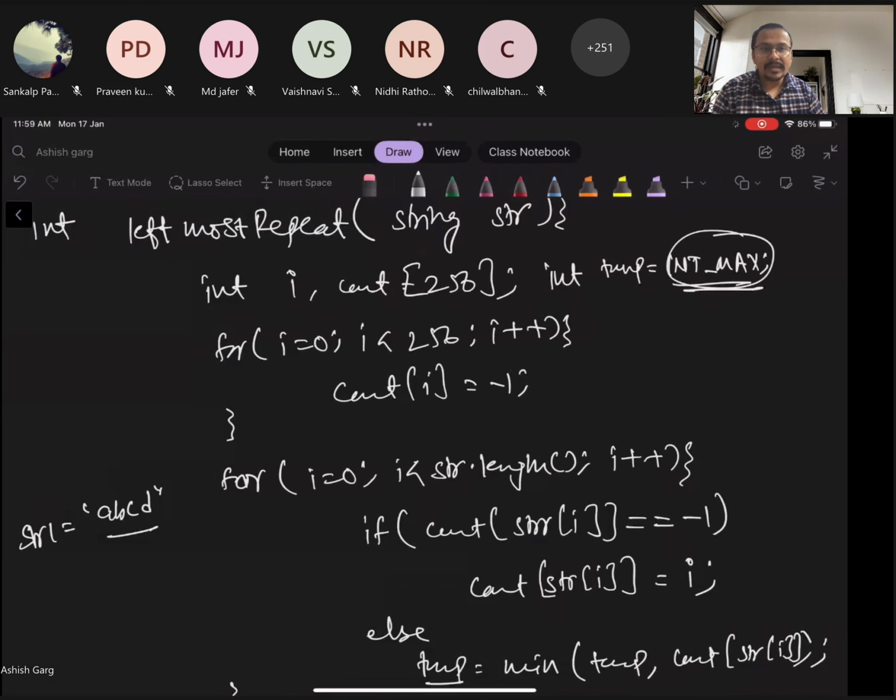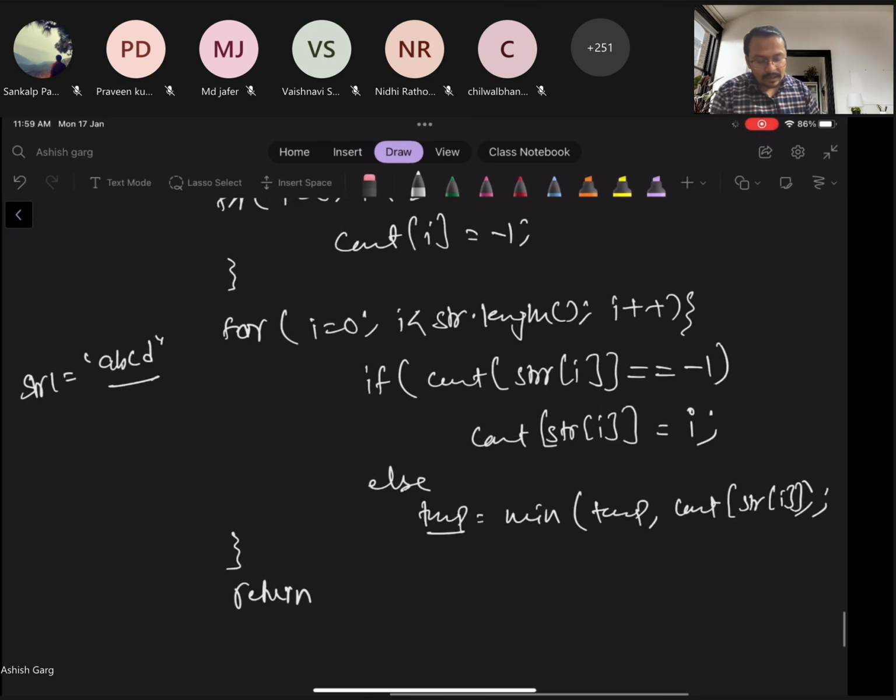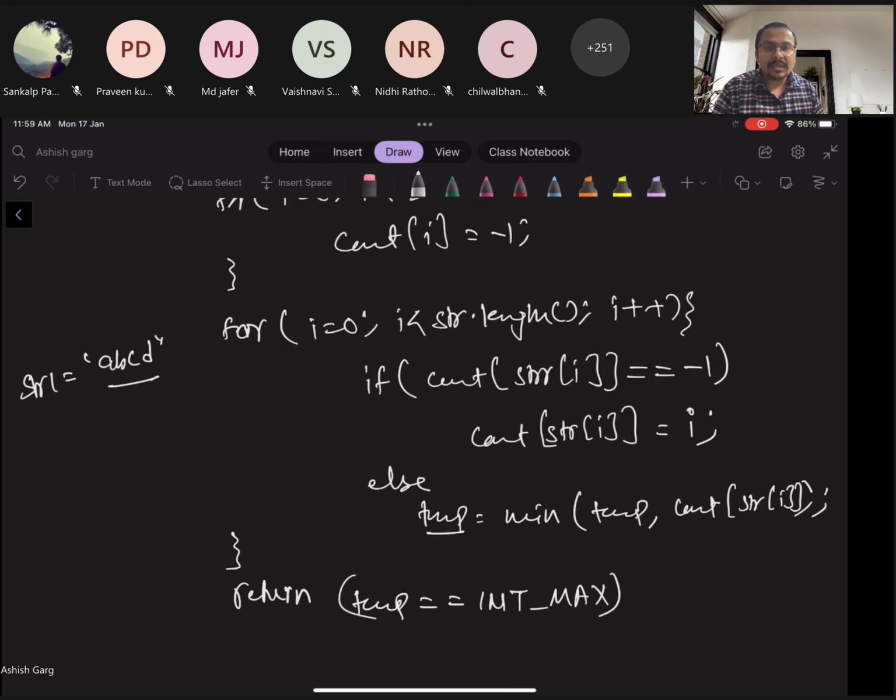In this case we have to return -1. So we check if temp equals int max, meaning it was not set to some index, then return -1, otherwise return temp. So this is our whole function.